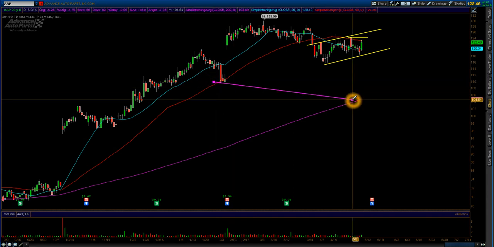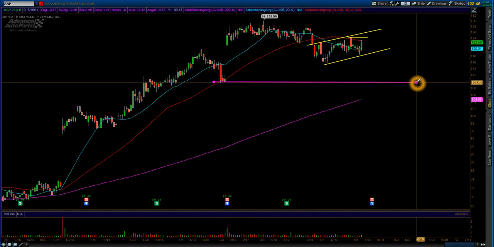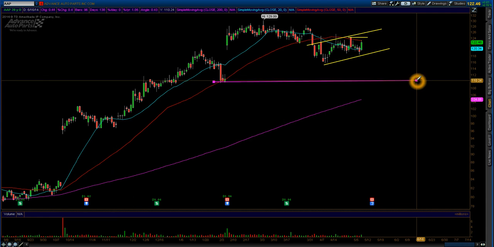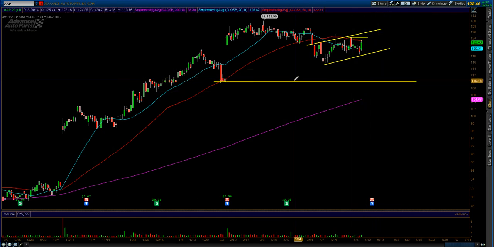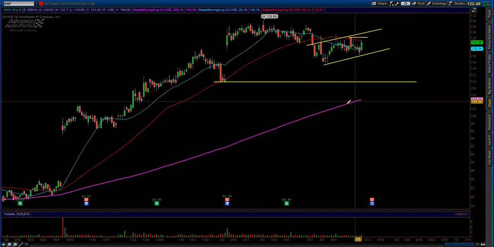Here's a level right here. Took me a little bit. This is looking at the daily chart now. There we go. This is your level here, and that line 109.80 plus or minus. I think it's close. And notice this purple line, which is your